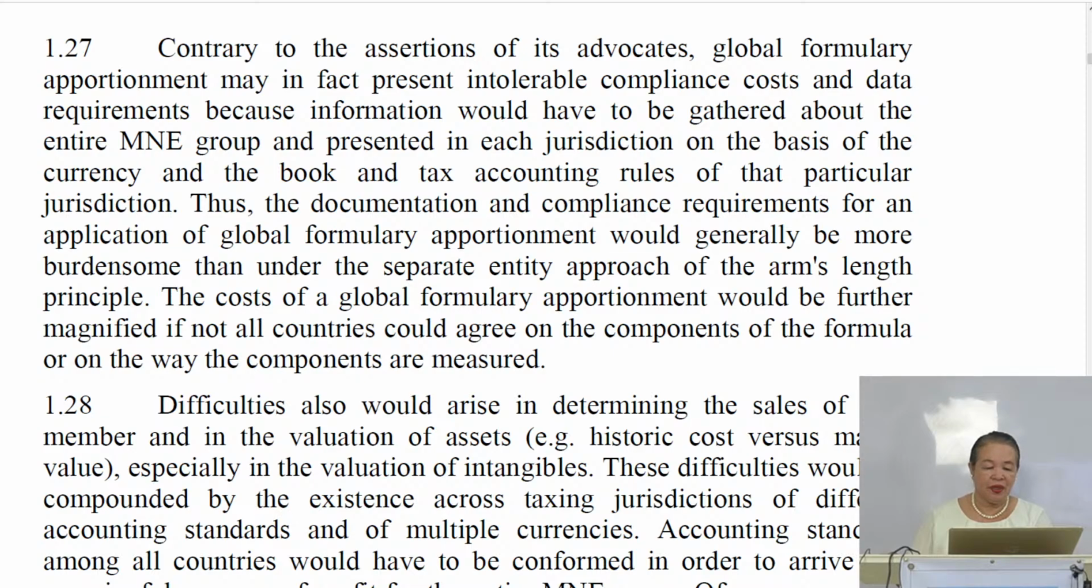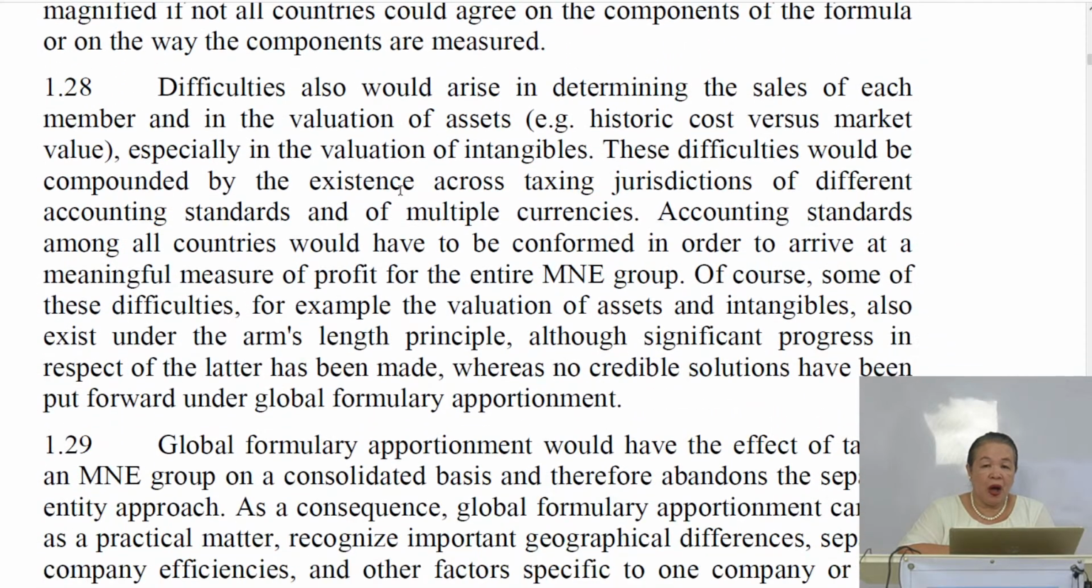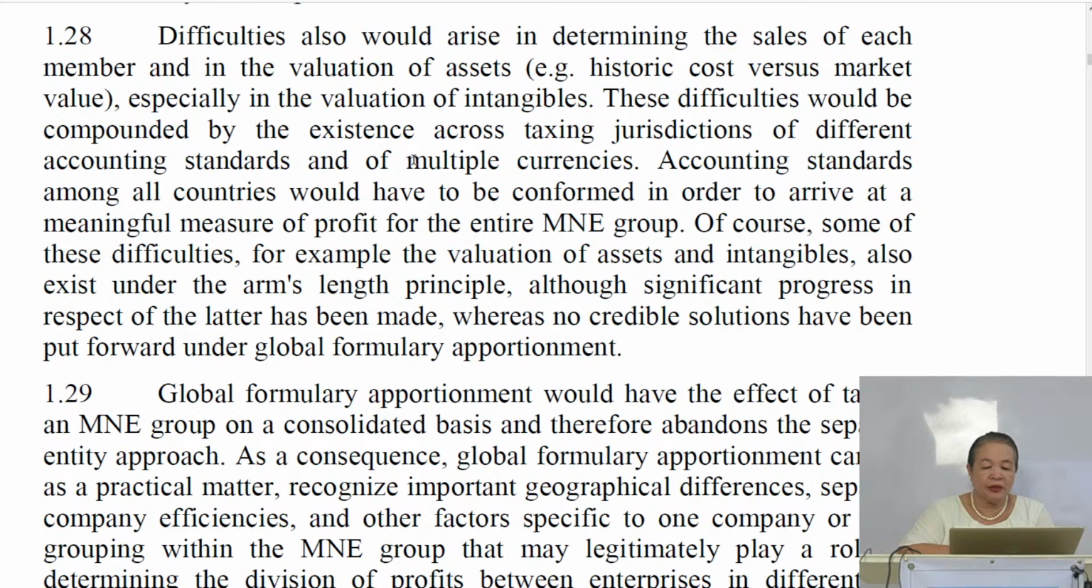So, mahirap. Difficulties also would arise in determining the sales of its member, no? And in the valuation of assets. So, how about those entity na walang sales, no? Kasi nga, just doing service to the group. So, historic cost versus market value, especially in the valuation of intangibles. So, that's another difficulty, yung valuation ng intangibles, no? These difficulties would be compounded by the existence across taxing jurisdictions of different accounting standards and of multiple currencies. So, ito yung mga